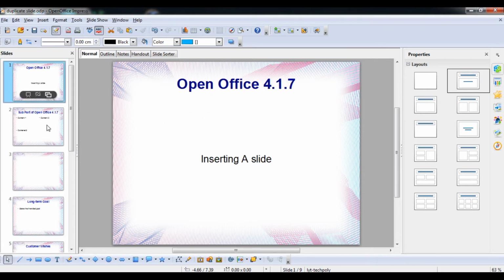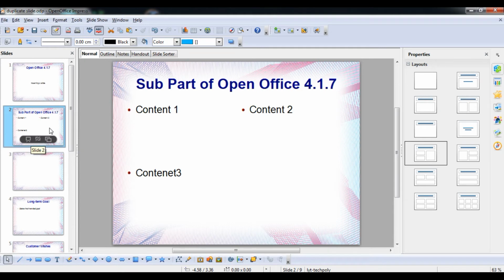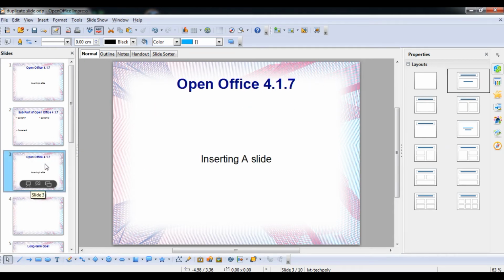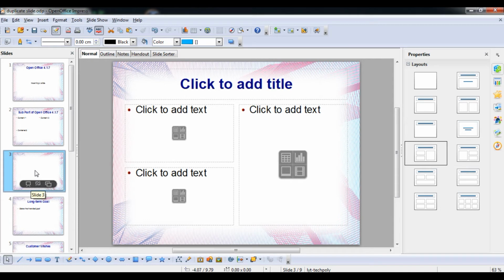Now we are going to understand how to perform the same work with the help of shortcut keys. You have to just select the particular slide and then press Ctrl C together. It is Ctrl C, that means copy into the clipboard, and I am going to just paste after the second, so you have to press Ctrl V. Now you can see in the third slide number we have the same slide, by using Ctrl C. And now for cut, you have to just select the particular slide number 3 and press Ctrl X. Now you can see that particular slide is deleted, I mean to say it is stored in the clipboard. If I press the escape button, it is erased from the clipboard application also, which is an operating system application.